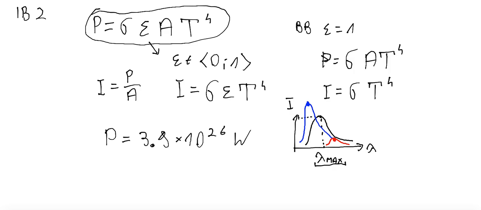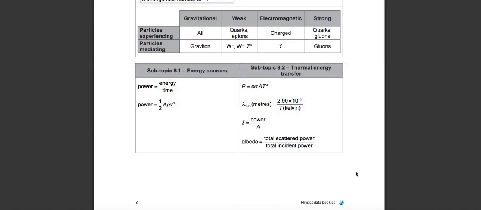And the position of this lambda max can also be calculated, because we know that temperature in kelvins multiplied by lambda max is also constant. Okay, this relation is given in your data booklet. Here, this constant is 2.9 times 10 to the power of minus 3